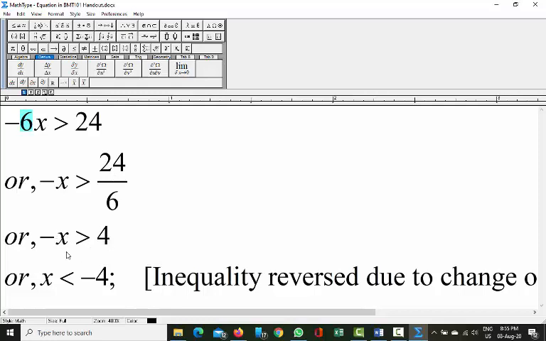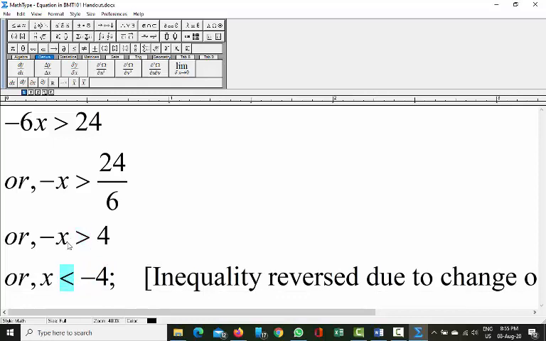Now we are changing the sign. Here we have minus x, so we are getting only x there. Since we have changed the sign on the left hand side, we have to change the sign on the right hand side as well. Here this is plus, so we will have a minus there. We are changing the sign on both sides. Since we have changed the sign, the relationship will also change. The relationship was greater than, now it will become smaller than.